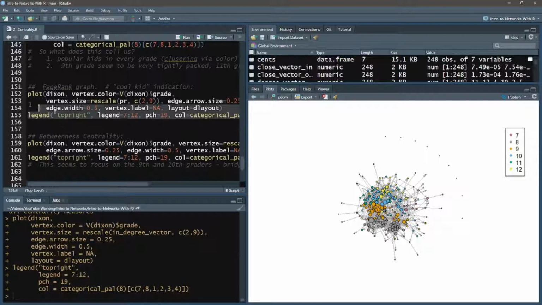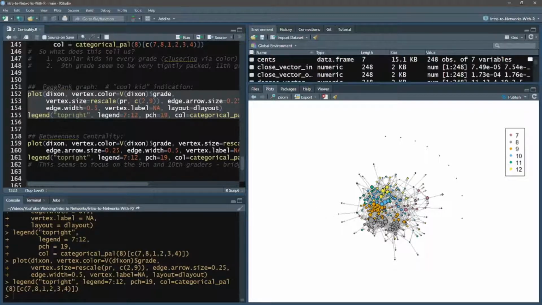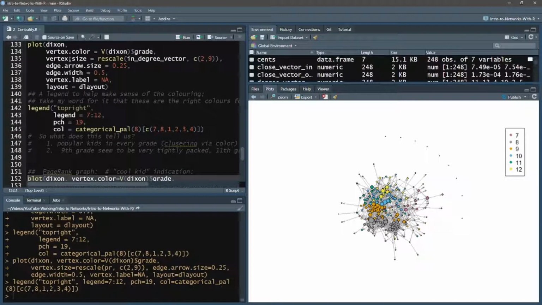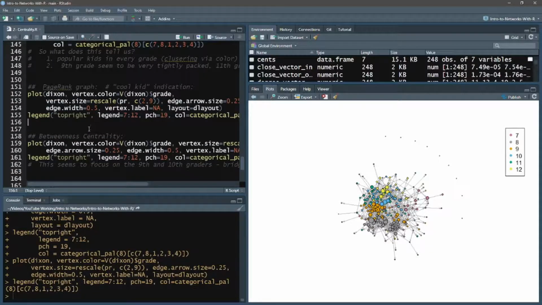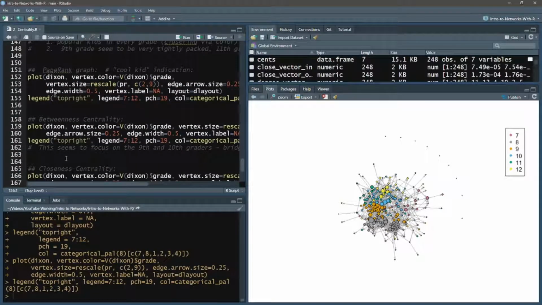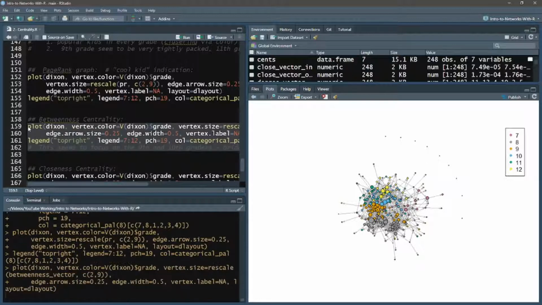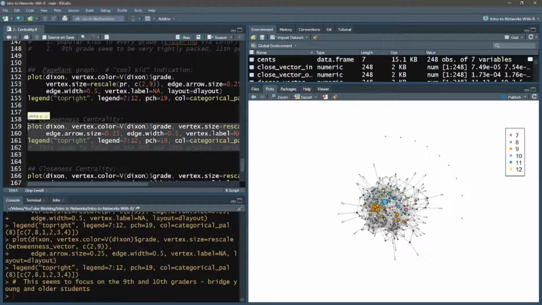But if we look at the page rank plot, see things don't really change that much. Some of the sizes changed, of course, a little bit because that's how we're namely defining the size of the variable is through the centrality measure. But if we continue doing this sort of graphical comparison, we can look at Betweenness, which the sizes just kind of shrink a little bit, but mostly the same.